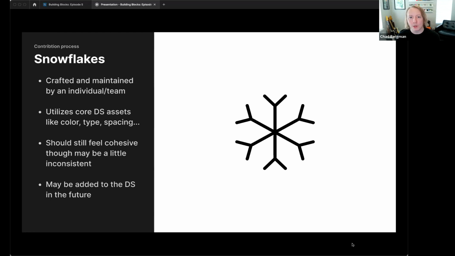The more important part is it should still feel like a cohesive, connected piece, while it may have a little bit of variance. And the reason I say that is because it may be adopted into the design system in the future. Thinking about things where maybe you've built something that is very unique to a particular pricing model,